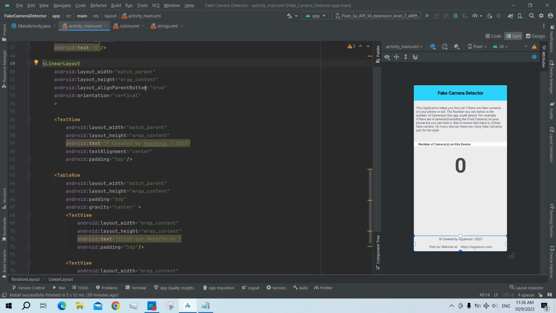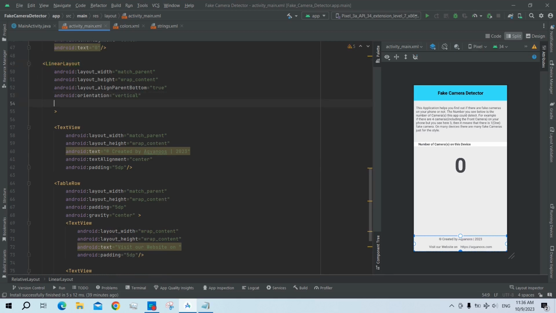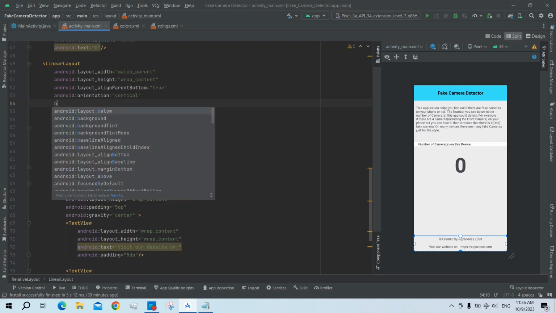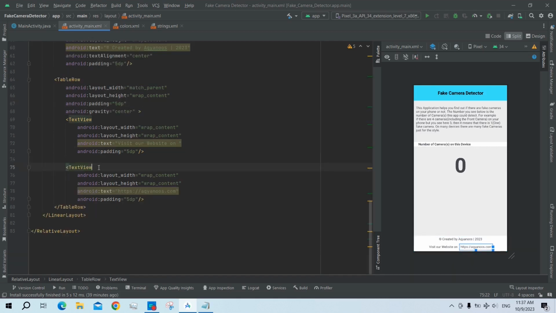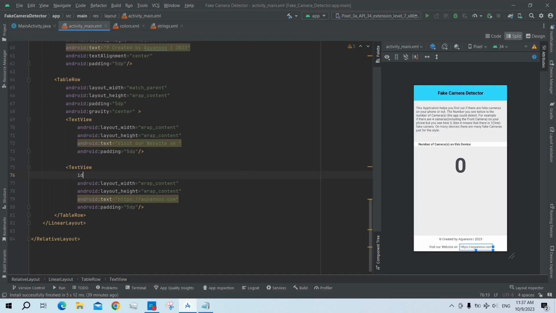I want this whole linear layout, which is like the footer of this application, to have a white background, so it looks a little bit different than the rest of the application. This link text should have an ID so that we can control it. If someone clicks on it, we want to navigate the person to the website. ID link, and then another text color for this,